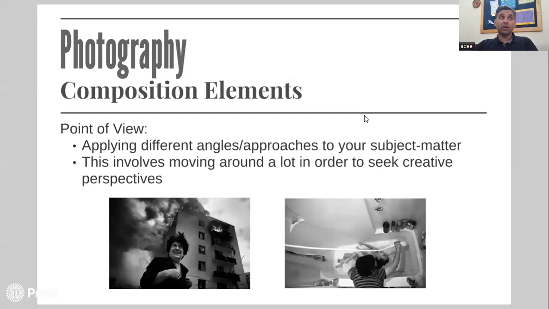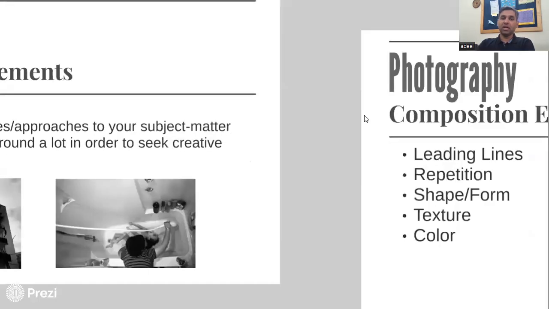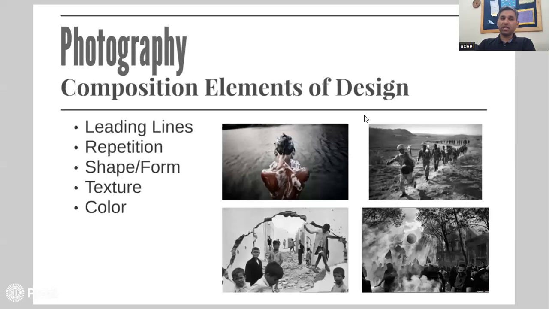And you see, these days we are experiencing monsoon season and torrential rainfall. So you can tell the story of the people who are suffering from floods, and how the rainwater comes in and what problems may arise. So you can think about being a little creative in your approach and bringing a new perspective to your being a photojournalist. Again, coming to composition elements, it's very important that you think of leading lines, repetition, shape, form,